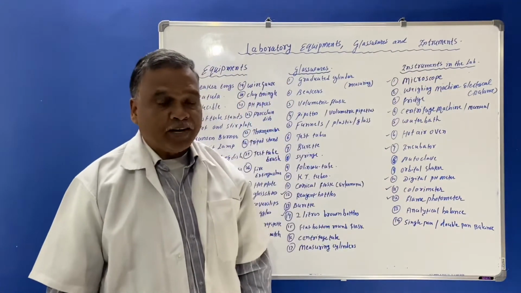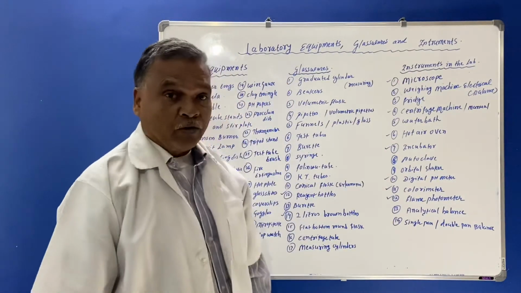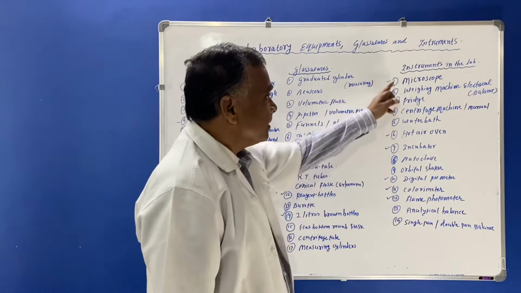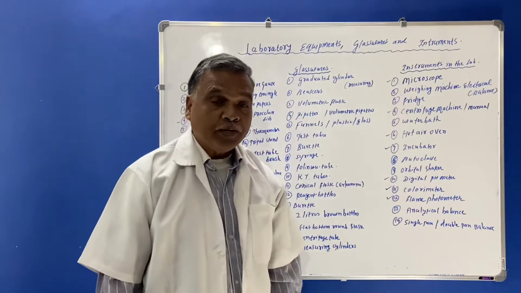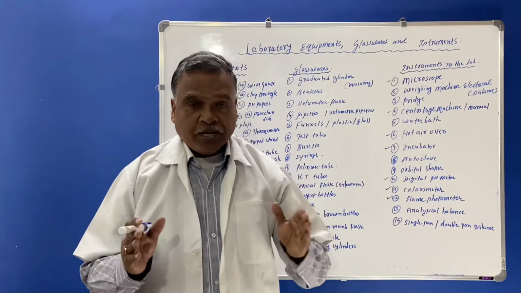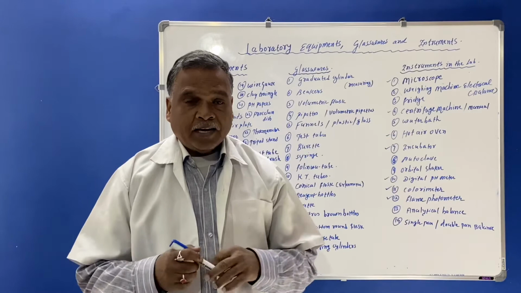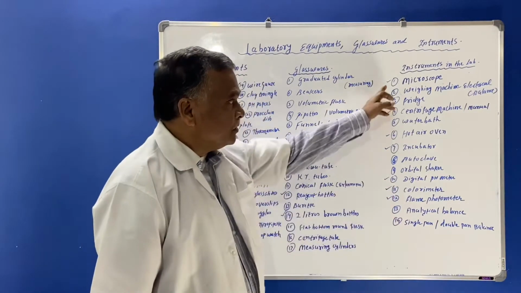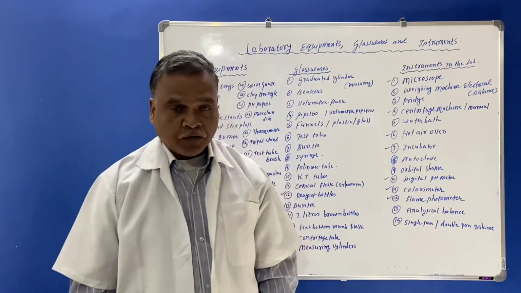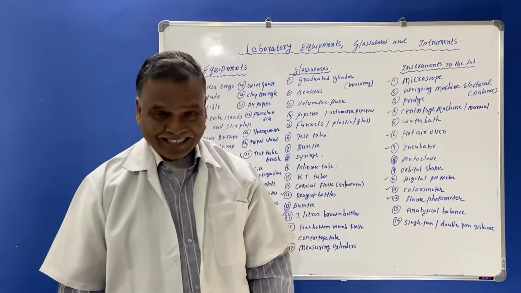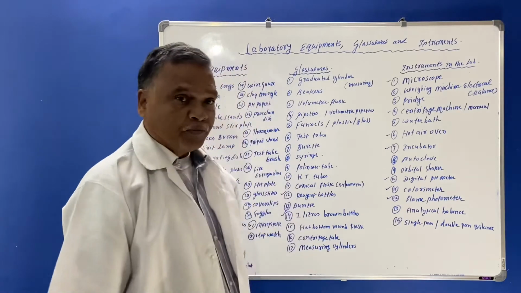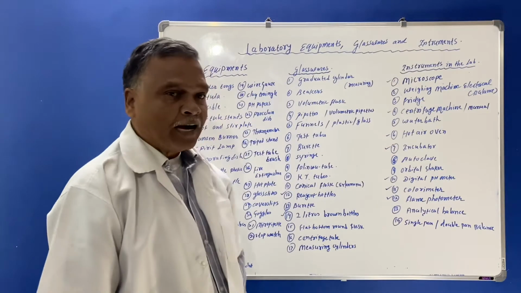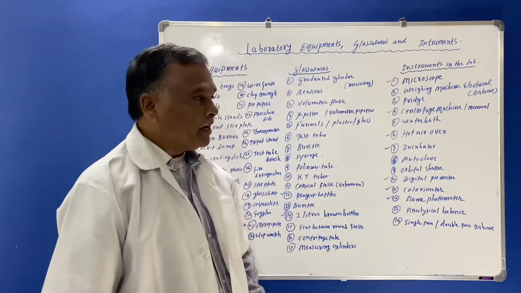What are instruments? They should be present in the biochemical lab to carry out the tests. Here the first is the microscope. It is an optical instrument and it is generally used in the biochemical lab to observe the osazone structures of lactose, maltose and glucose. So these microscopes are important for the biochemical lab.